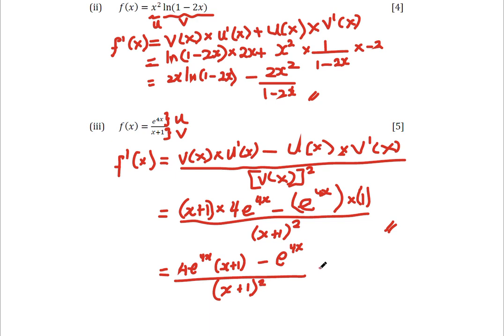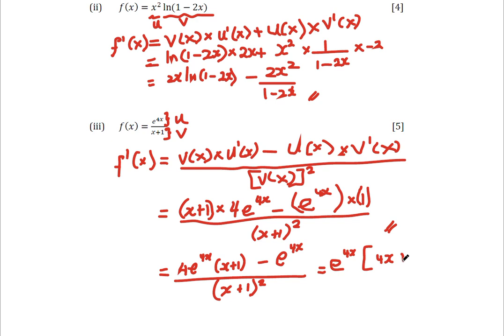Now I could stop there, but I'm still going to go one step further to show you how we could really manipulate this result to reduce it to a low form. When we look in the numerator portion, we realize that e to the 4x is common to both expressions on each side of the minus sign. So we could factor out e to the 4x because it is an HCF. It's the highest common term to both sides of the subtraction here in the numerator. So factoring out e to the 4x out of the numerator will give us